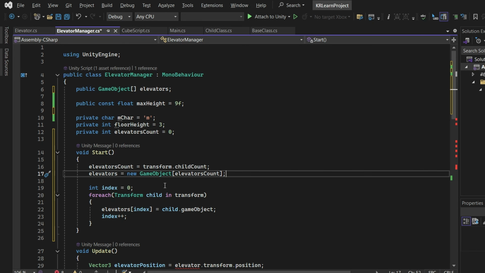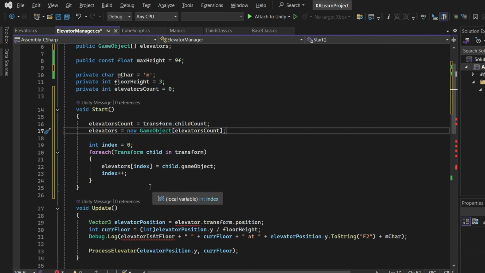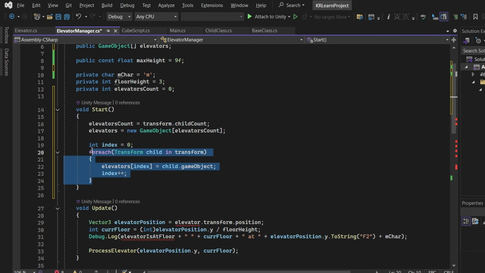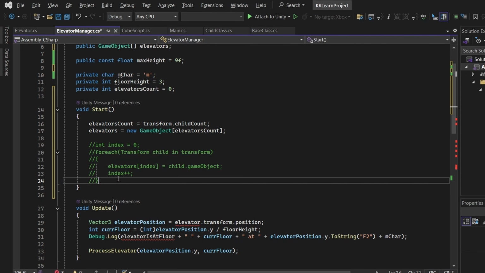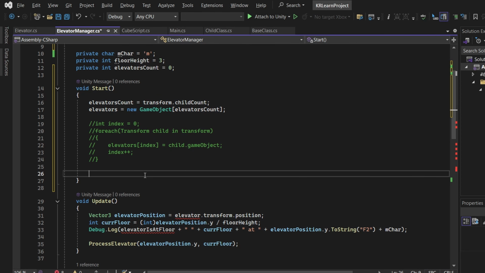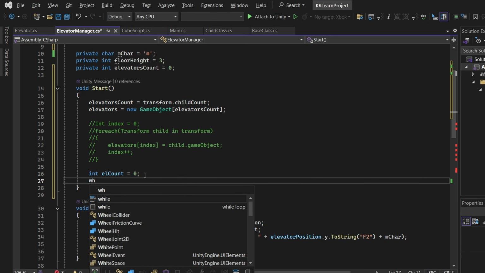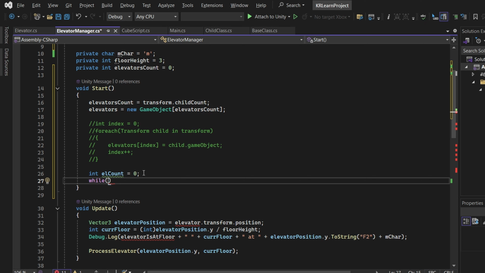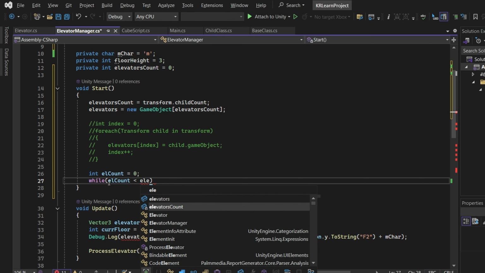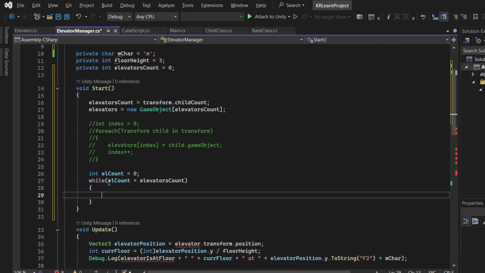Now something like this can also be done using a while loop. So I'm going to comment this out and show you how you can do the same thing using a while loop instead. Let me say integer L count equals 0, and here I do while. Now while takes in a condition, so this loop will run until the condition is no longer true. While L count is smaller than elevators count, I'm going to do the same thing as above. So I can simply copy this line and paste it in here. I just need to replace